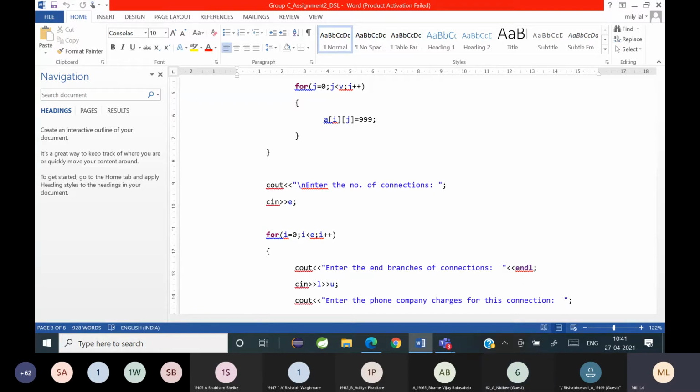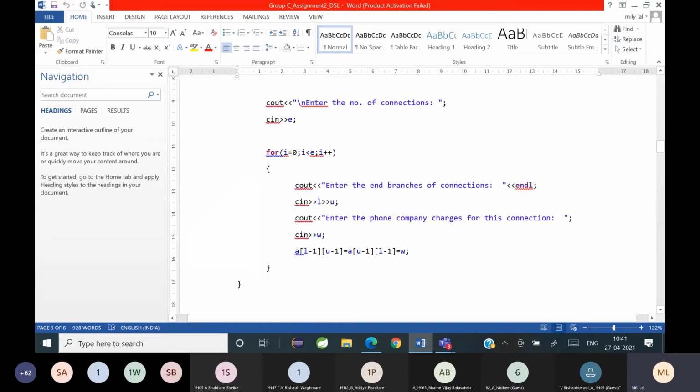So we have set up the offices. Now we need to see how many edges are going to be there for the graph. Right now we are not doing the minimum spanning tree. We are first setting up the graph. So enter the number of edges. How many edges a graph is going to have is given here. Then after that, in this loop, as per the number of edges, you are entering the end branches